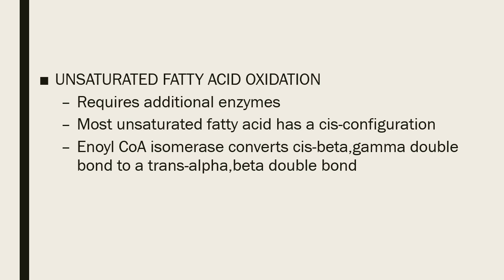Okay, and so note that you have there the site of the reactions for that, your alpha and beta. And so you need your enzyme enoyl coenzyme A isomerase to convert your cis beta-gamma double bond to your trans alpha-beta double bond. Okay, and so for examples of unsaturated fatty acids that require additional enzymes,